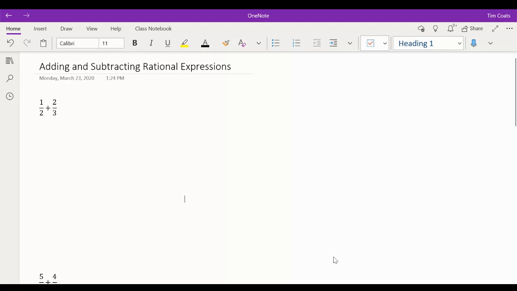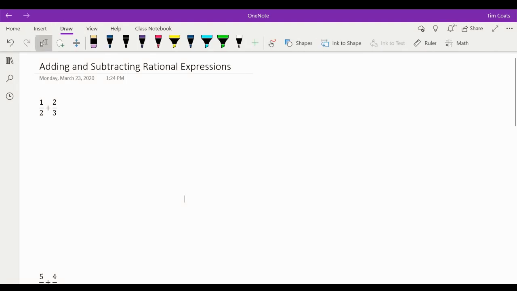Today we're going to look at adding and subtracting rational functions. Yesterday we looked at just simplifying these functions, which we will continue doing today, but now we're going to add in how we add and subtract if we have multiple of these together. Well, the best way to start this is to remember how we add and